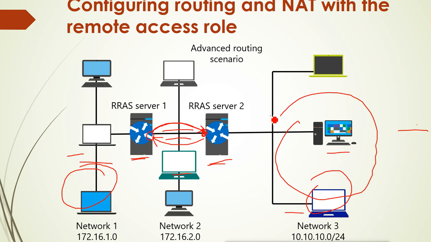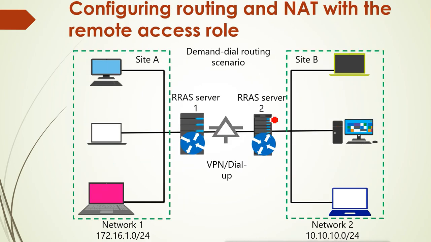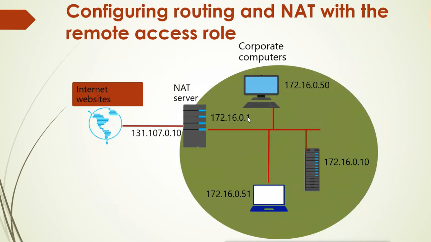Then we can configure NATing also. For NATing it is the same scenario. Dial-up is actually VPN, but NATing is also the same scenario where we have our machine connected to two different networks. One is a private network and the other one is a public network. So it will still do the routing. It will still connect the machines of this network to the other network. But on the other side we have the internet. We have lots of different networks, and also it is a public IP address. Then we have to translate also, and for that we can enable NATing here. So we have to enable NATing in this router to support this scenario.